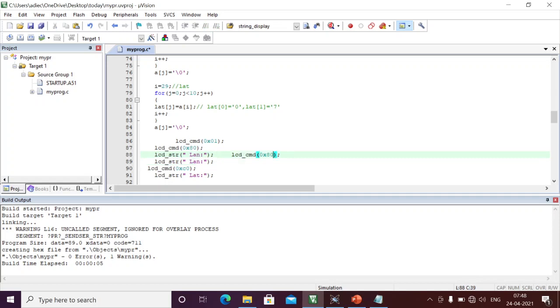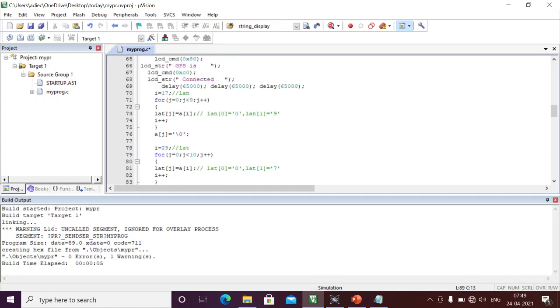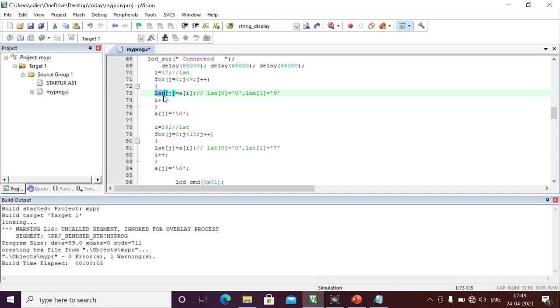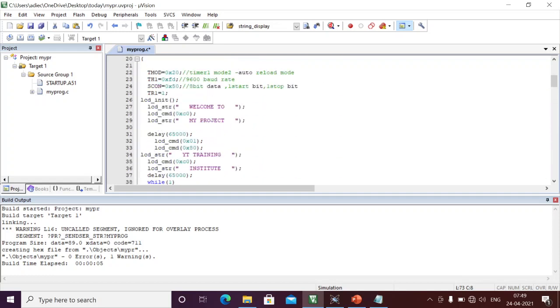From 85 onwards, in the first row only, I am displaying this longitudinal data. This LAN is my longitudinal data. Sorry, here also LAN, longitudinal data. This is the latitudinal data. This is fine. Here we should pick up the longitudinal data LAN, LAT.